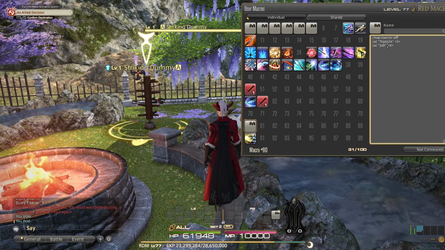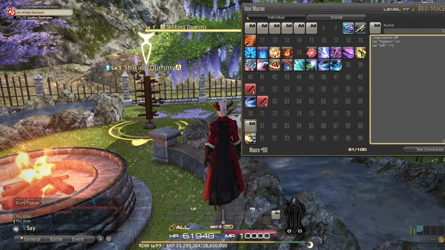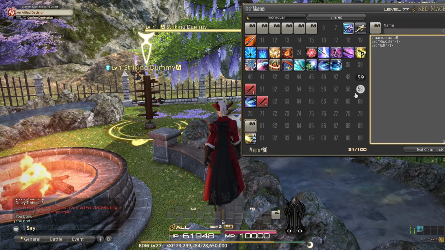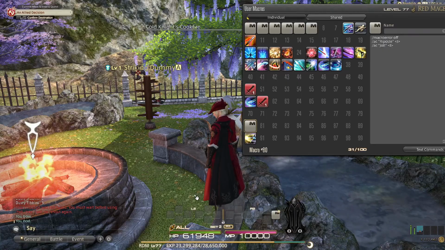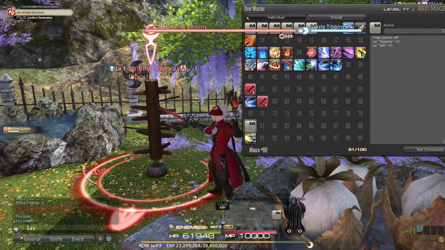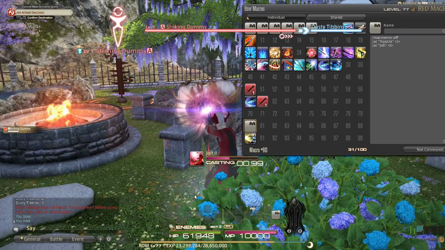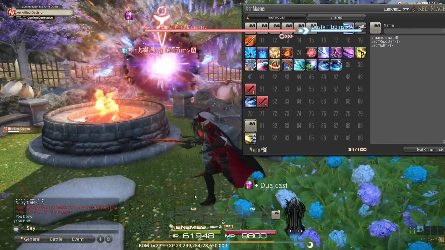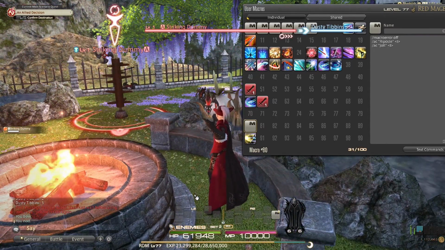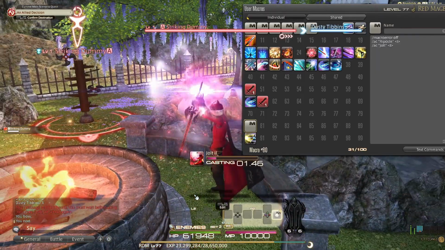And since macros read from top down, it will first check if you can do Riposte. If it cannot perform Riposte, it will perform Jolt. So this means, up close, if I use the macro, I'll perform Riposte. But if I'm out of range, I'll perform Jolt. That's easy enough to understand, but if I keep pressing the button,